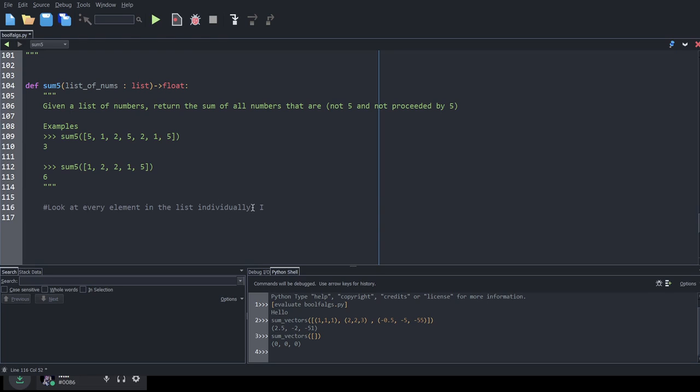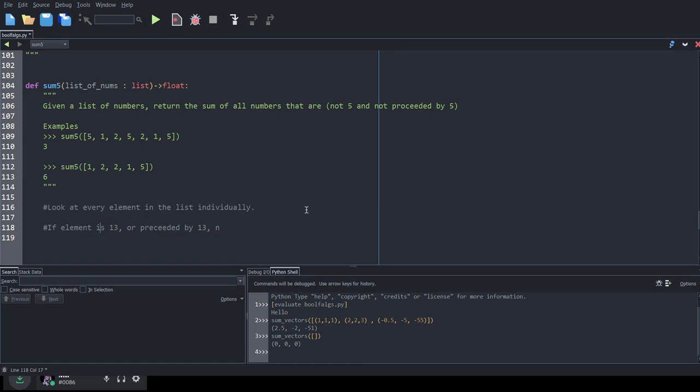We can do a Boolean flag, but I think this will be easier if we look at every element in the list individually. We don't want to look at the starting. We want to look at the thing before it. If the element is 13 or preceded by 13, actually let's put that on a separate line, because that's going to be a different thing.